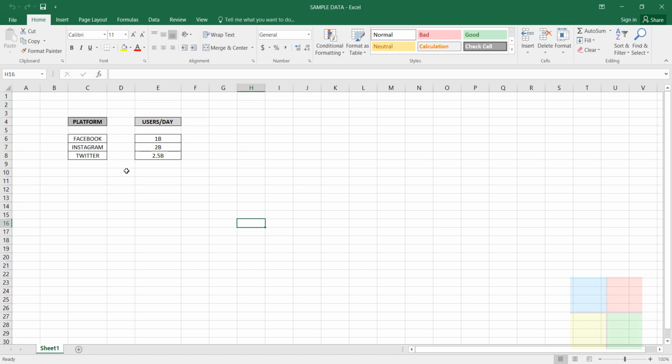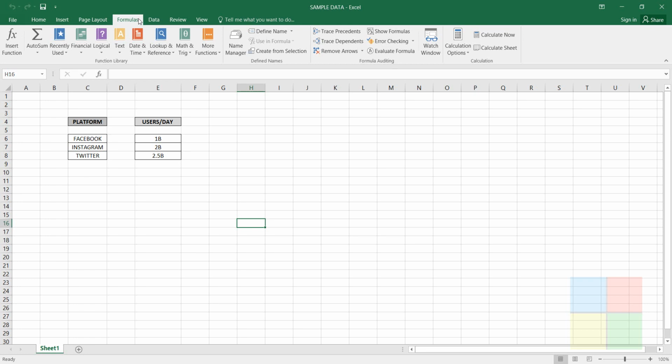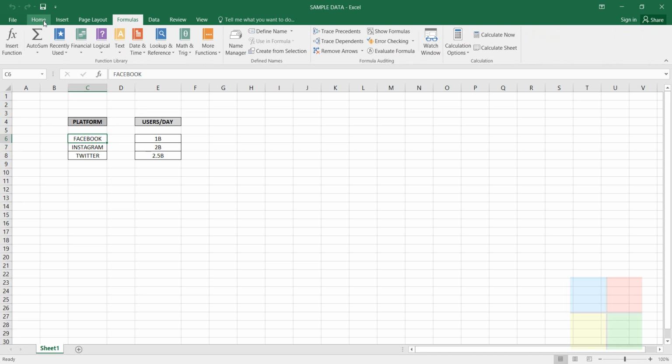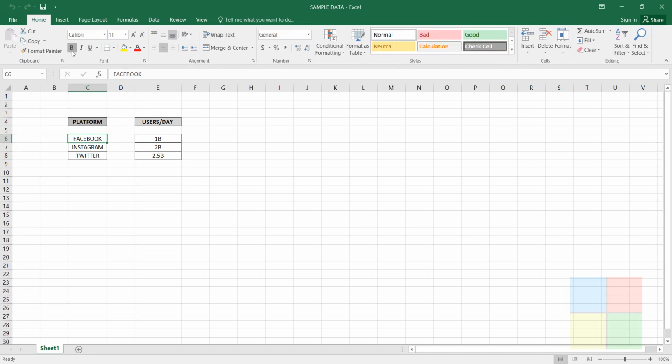You are on the formula tab, and for the Facebook data here, you want to apply bold. So from the formula tab, you come to the home tab and then click on bold. So it becomes bold. The Facebook became bold now, right?